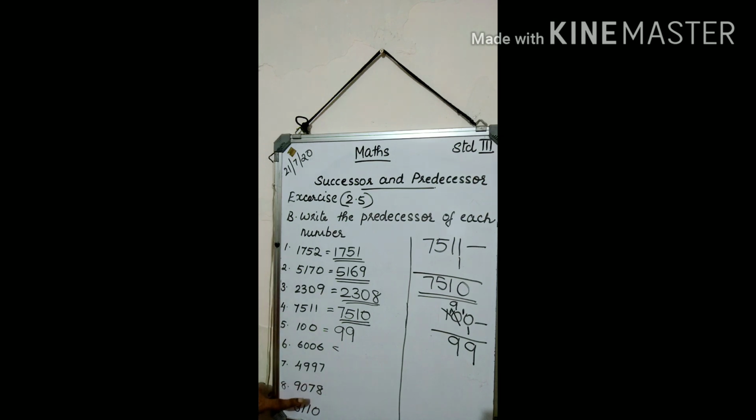4996. Now the predecessor. What is the predecessor of 9078? You have to subtract 1 from 8. Then what will you get? 8 minus 1 is 7, right? So the answer will become